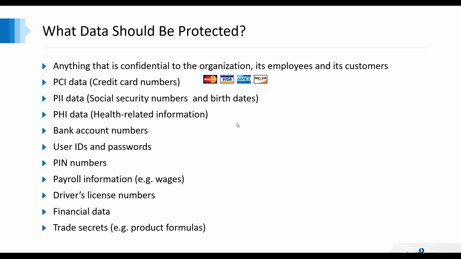One example is Kentucky Fried Chicken and their recipe for fried chicken. They guard that trade secret very closely, as well as the recipe for Coca-Cola. So many different things: product formulas, even sources for raw materials. You may not want that exposed. If people figure out where you get your raw materials, they can maybe work backwards from your formula and figure out what you've used and how you've made your product.